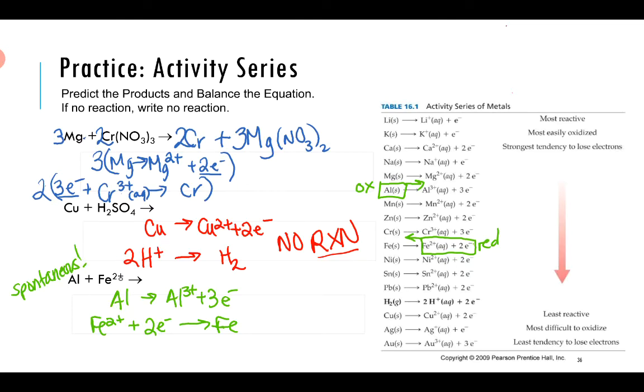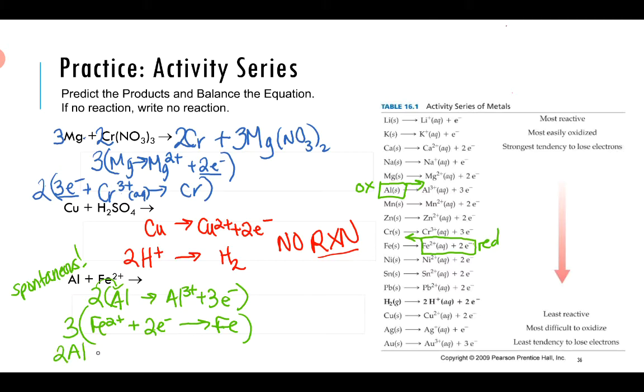And so we need to finish balancing this equation. Again, if I look at the number of electrons lost, that's 3 electrons, that's 2 electrons. So I'm going to have to go up to the lowest common multiple, which is 6 electrons. I need to multiply that by 2 and that by 3. And so I'll end up with, I'll just start from the beginning, distribute out